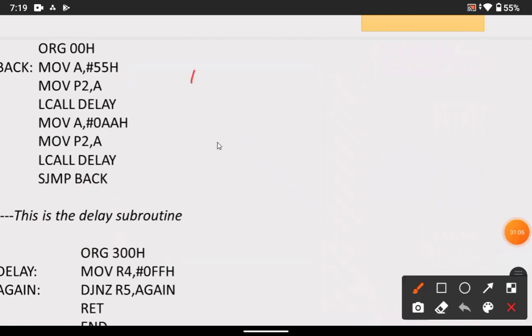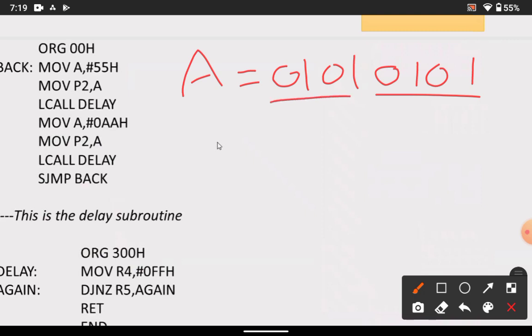Now A consists of the value 55, which is 0101 0101. That value we are moving to port 2. Now port 2 consists of this value.